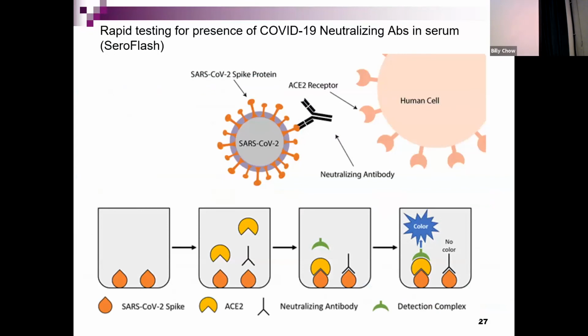Okay, so this is the rapid testing for the presence of COVID-19 neutralizing antibody in serum. And I basically just downloaded this diagram from the internet. And this is produced by a company called Zero Fresh. Okay, so the idea is that when someone is infected with COVID-19,